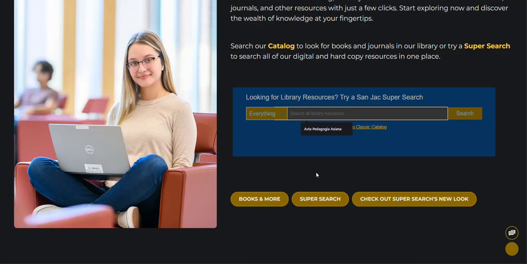And here you can put in anything and search. And this will search everything. You can tell it to search everything. You can also tell it just to search books. You can tell it just to search the databases for articles, or you can just search for ebooks, whichever of